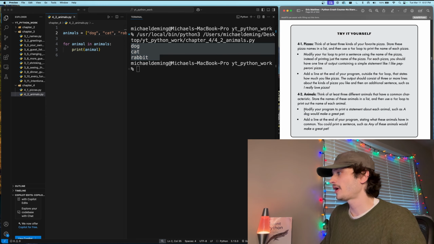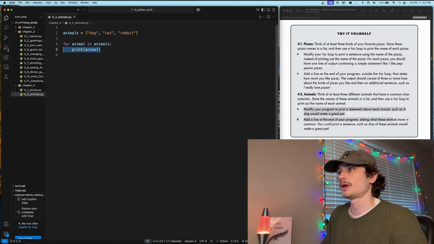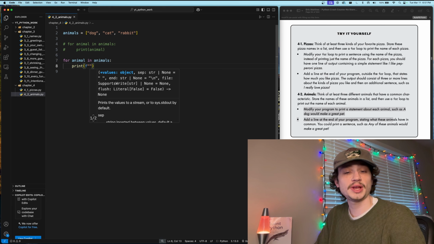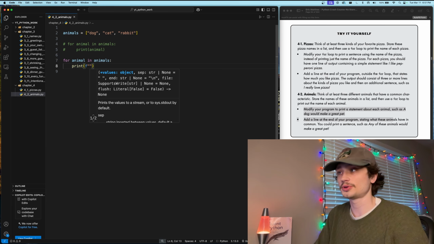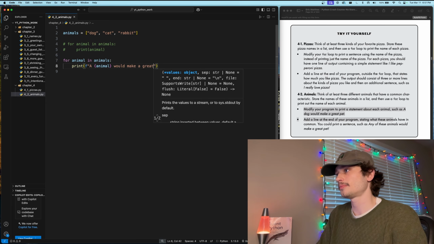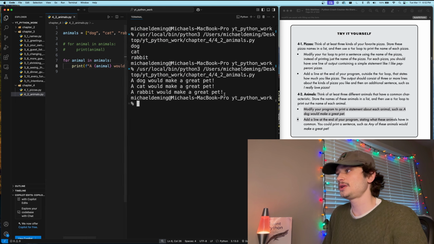In our first bullet point, we are asked to modify your program to print a statement about each animal, such as a dog would make a great pet. I will comment out this first for loop and say for animal in animals. Let's call print, but this time use f-string syntax to create a string and insert a variable into the string as a placeholder. Let's use the example and say a animal would make a great pet. If we run this program, you will see we get 3 sentences, each dynamically accounting for the value within the list of animals. A dog would make a great pet, a cat would make a great pet, and a rabbit would make a